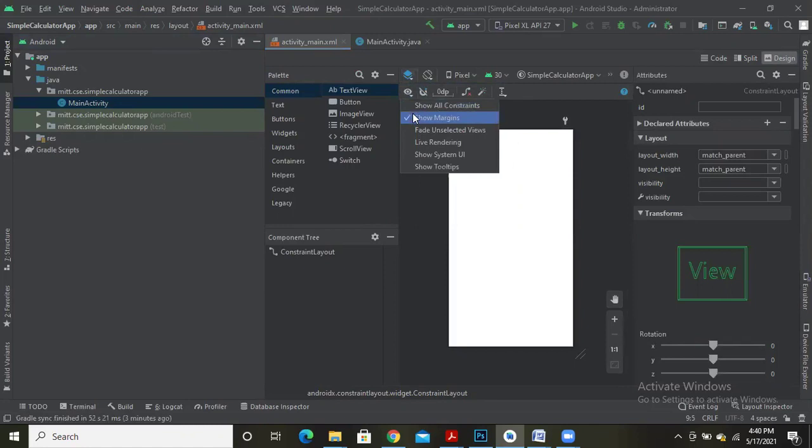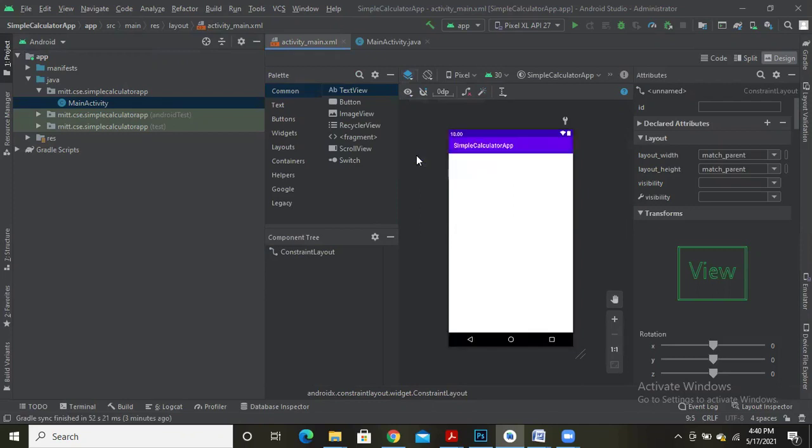Let me select show system UI. When I select system UI, it shows the way the application is going to look when it is launched. This is how the empty activity is going to look when you launch it.